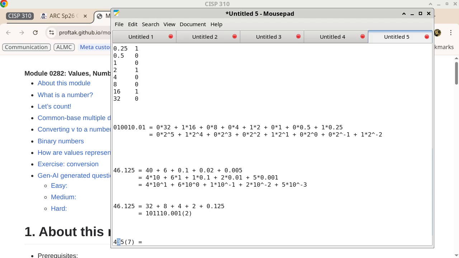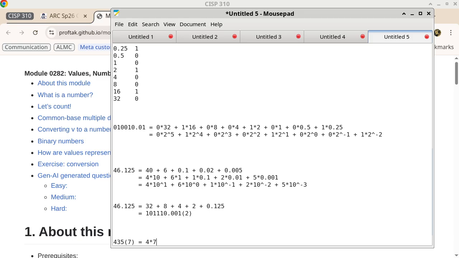So the 3 is representing the next power of 7, we need 3 of those, which means we have 3 times 7 to the power of 1. What about the 4? The 4 is telling us that we need 4 of 7 to the power of, what is the power? 2. That's right. Okay. So if you want to expand the value it's representing, it would be 4 times 7